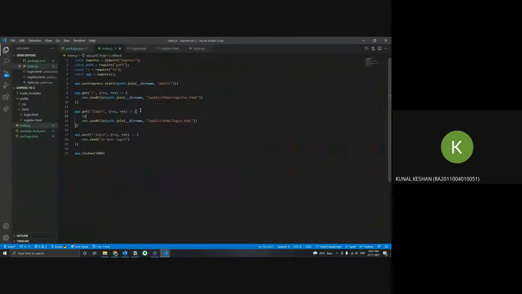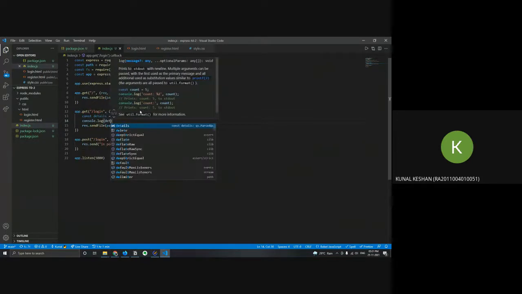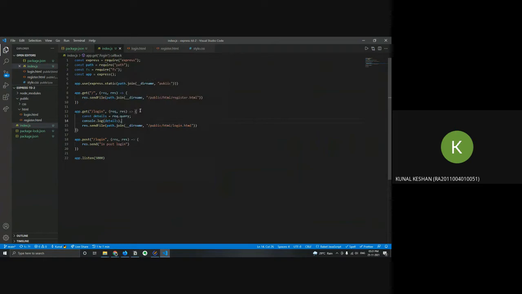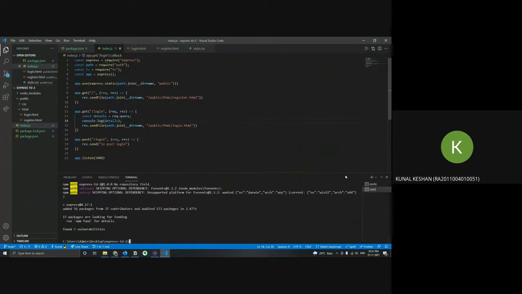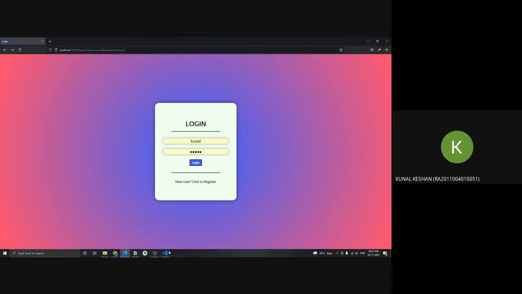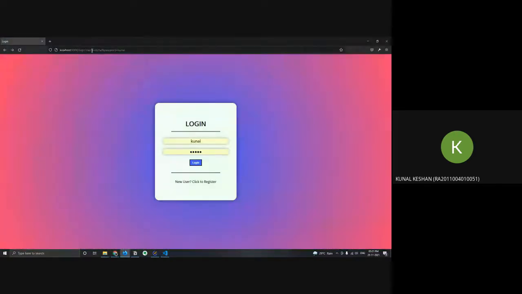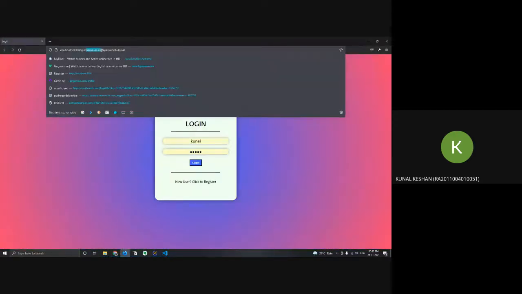So I'll just put const details equal to request dot query. All right. And I'll just put console log details. And I'll go over to my console. I'll put the request again. And here you can see it automatically put it in key value pairs. So over here you can see the key here, name Kunal, and then the next value in